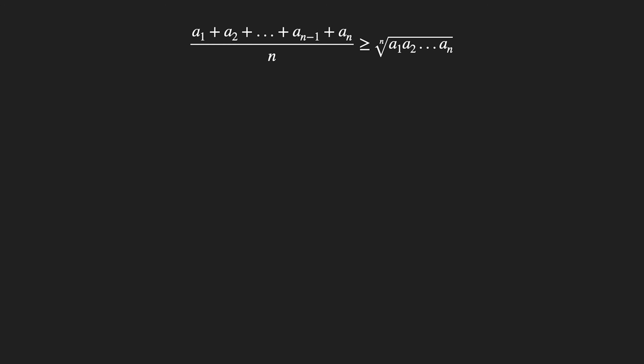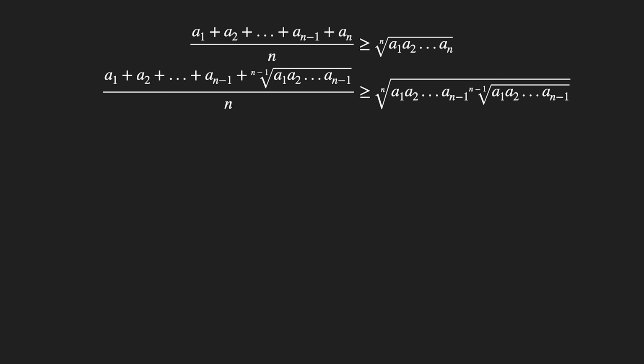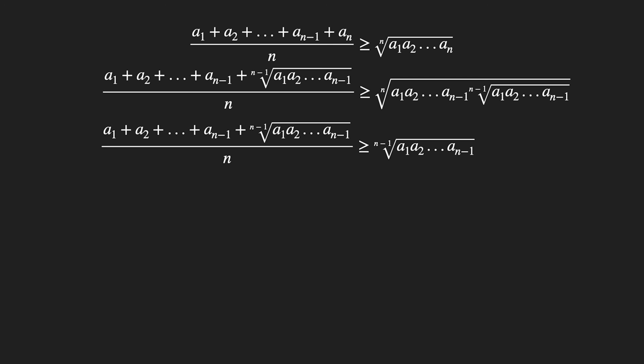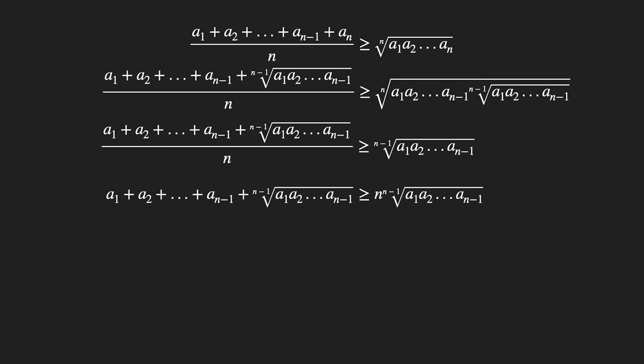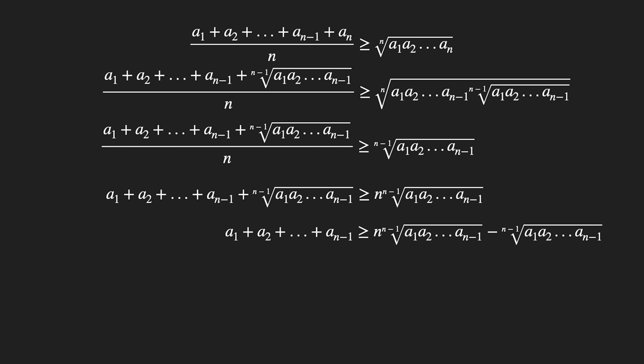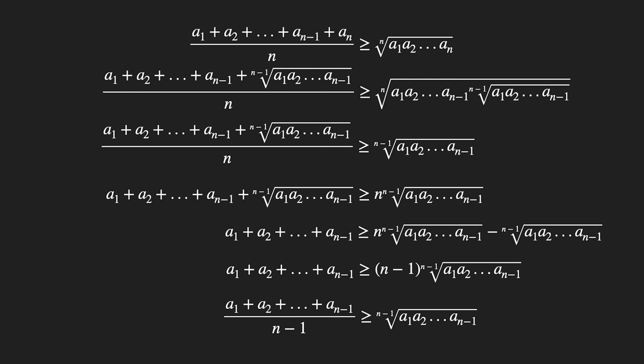Let's assume that it is true for n variables. Thus, the arithmetic mean of n variables, a1 to an, is greater than or equal to their geometric mean. Since the variables can be any non-negative number, let's replace an with the geometric mean of a1 to an minus 1. On the right side, we can see that this is equal to the n minus 1th root of a1 to an minus 1. You can try to prove this using rules of indices. Now we can bring the n over to the right side by multiplying both sides by n, and bring over the geometric mean to the right side as well. This gives us the sum of a1 to an minus 1 to be greater than or equal to n minus 1 times the geometric mean. Bringing n minus 1 to the left side, we have proven that the AM-GM inequality is valid for n minus 1